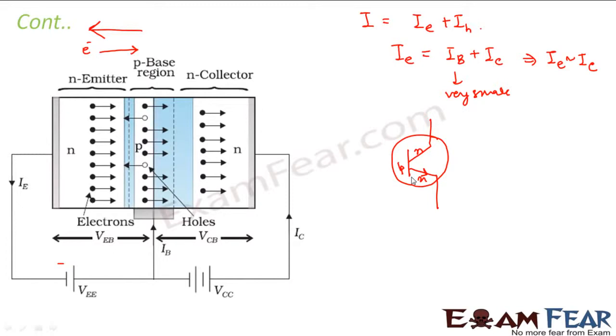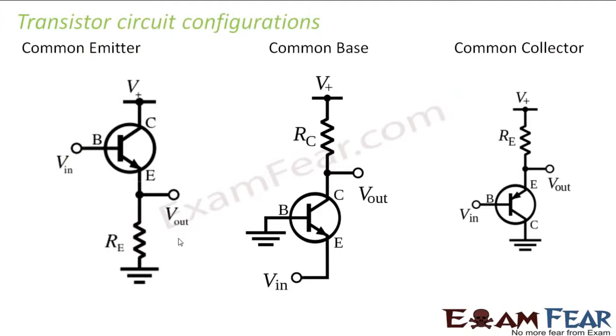So I hope I am able to explain how the charge carriers move inside a PNP and NPN transistor. Now there are a few more things to notice here, which is the potential difference. As in a PN junction, there is always a potential difference between the P side and the N side. So here also that potential difference exists, and that is denoted by VEB, the potential between the emitter and base. Similarly, you have VCB, the potential between the collector and the base, right? So these are some small things which will help you understand bigger concepts.